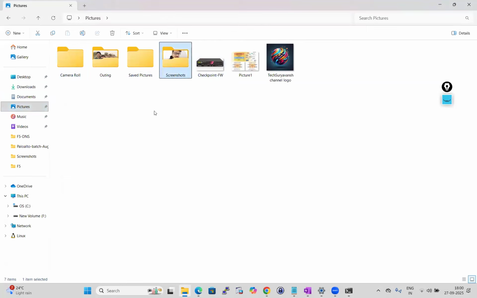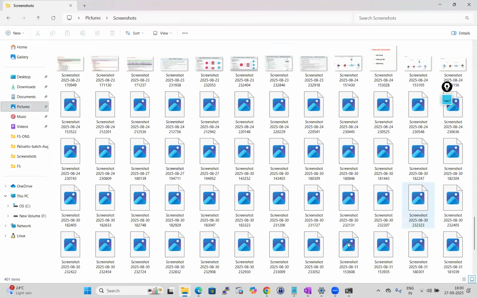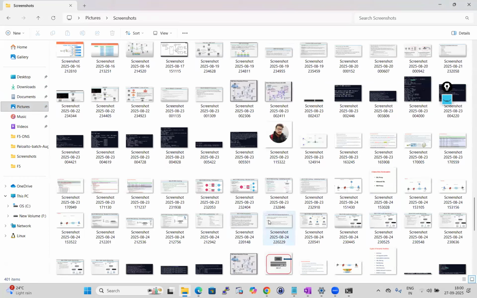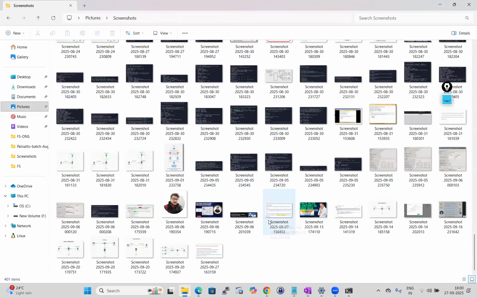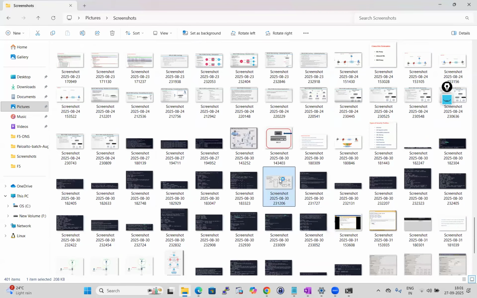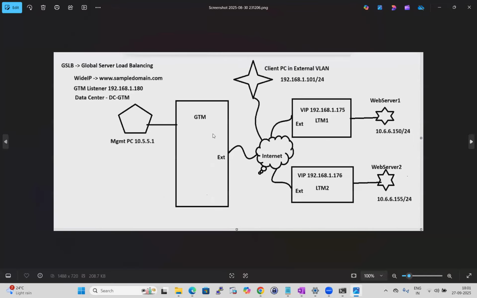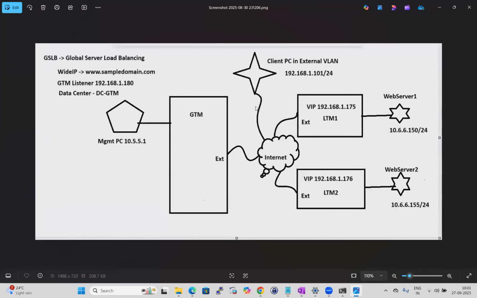We'll see our IP addresses are different, and the IP schema. So let me show you. I think I have it somewhere. Do not use this one, but let's consider. So this is